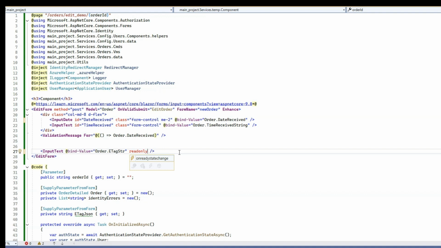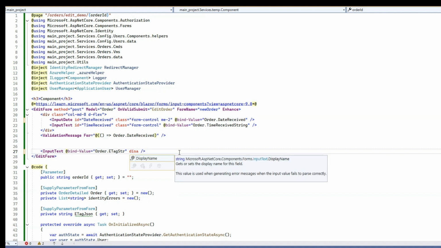This way the field would look like all the other fields, all the other inputs, but when the user clicks on it, he won't be able to modify the data, which I don't like so much, because it might confuse the user. You think he could modify it, but he doesn't modify it. He's going to think it's a bug or something. So what you could do, I think it's disabled. You could write disabled, and then it's going to be grayed out or in a different color. So it'll be obvious to the user that this field cannot be modified, but at the same time,